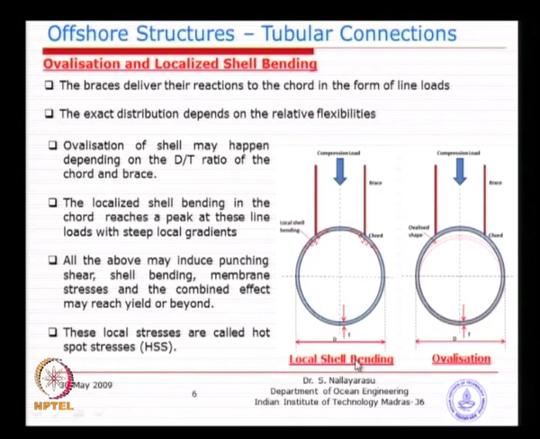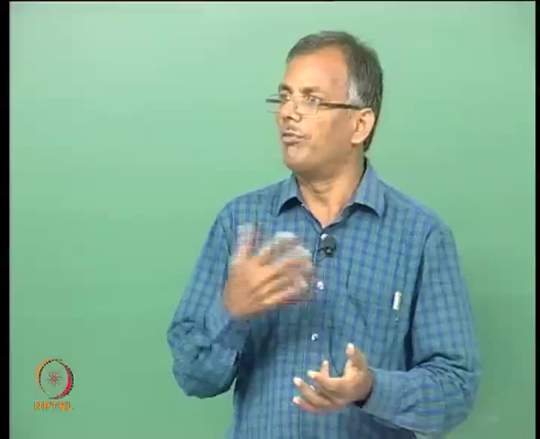It is just going to go down, something very similar to a local bending of a plate, and probably if the shear capacity is not adequate, what will happen? Simply shear through, and the brace can enter into the chord member. So, that is basically starting with the local shell bending. It may actually end up punching through, piercing through the chord if the chord thickness is very small. So, now you can see one parameter we have identified: the thickness of the chord is going to play a major role in whether it will fail or not, in association with the diameter.